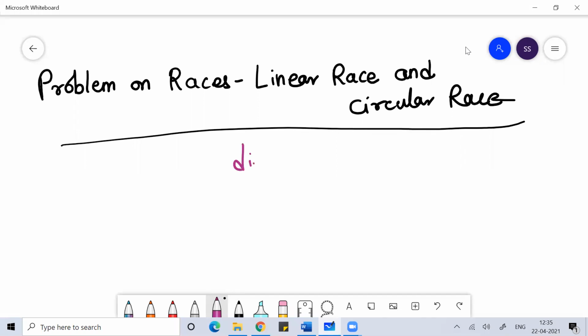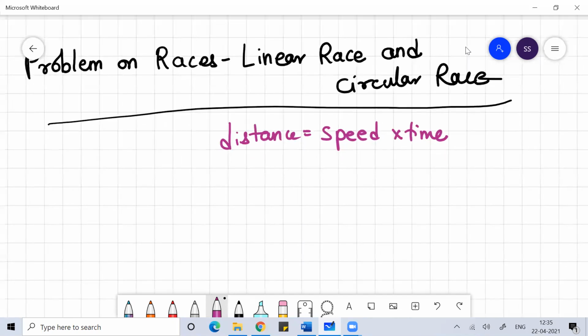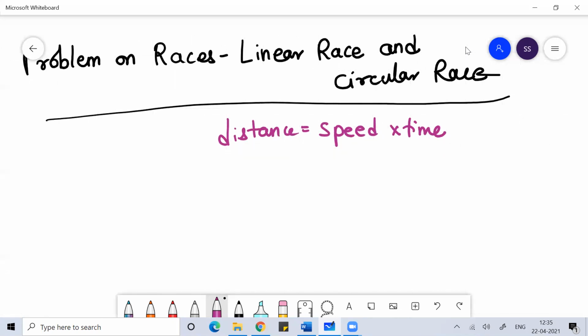So, the formula we need to use is distance is equal to speed into time. This is a formula which we need to use. And whenever we talk about time, speed, and distance, here we try to explain the relationship in the units. So either I can represent distance in kilometer. So if I represent distance in kilometer, then speed will be represented in kilometer per hour, and the time will